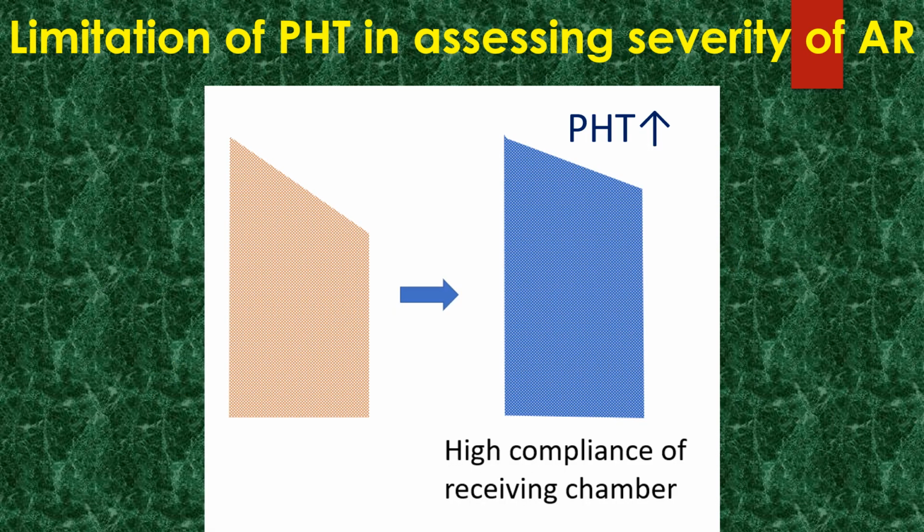As mentioned above, pressure half-time depends on the compliance of the receiving chamber and hence it can be reduced by elevated left ventricular diastolic pressure. On the contrary, it can be prolonged if the peripheral resistance is increased and when the aorta is dilated and having a higher compliance. Vasodilator therapy can reduce the pressure half-time in aortic